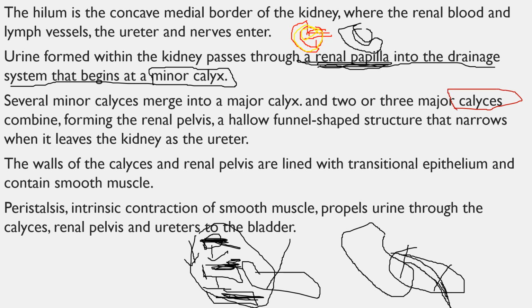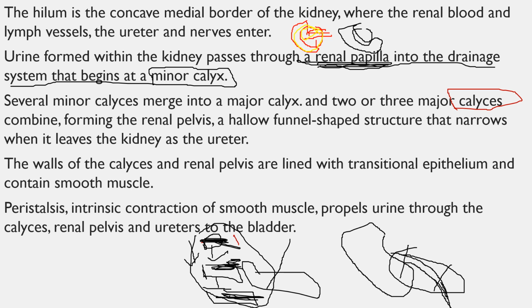So it's renal papilla, minor calyx, major calyx, renal pelvis, then ureter. So please keep that in mind and keep practicing it. You'll never forget it, even in multiple choice, because multiple choice will always confuse you. They will say that a renal papilla drains in the renal pelvis, but you know exactly that a renal papilla,